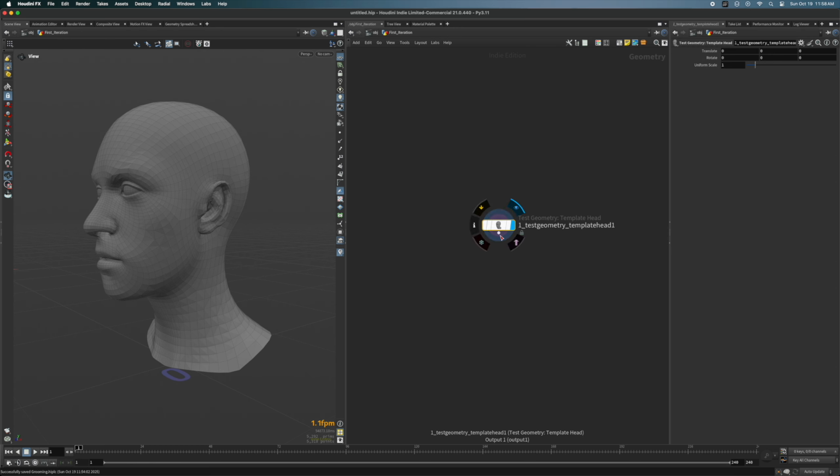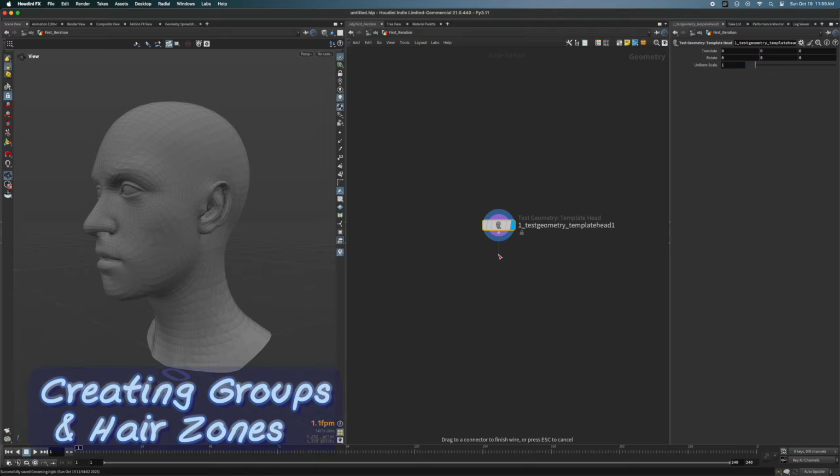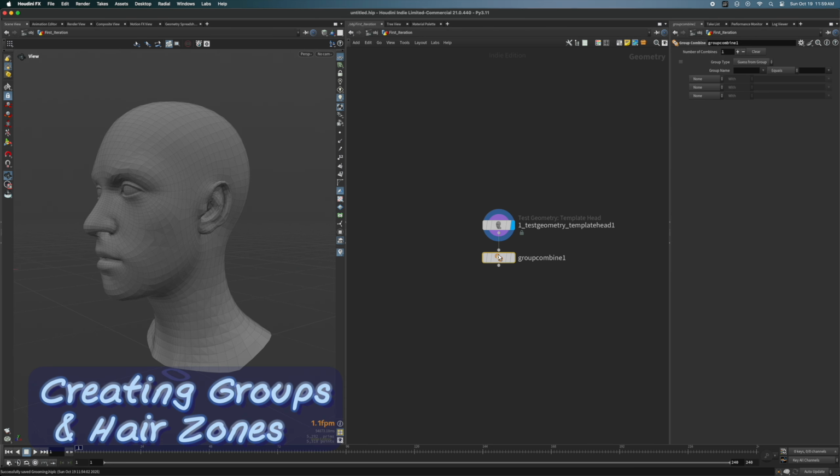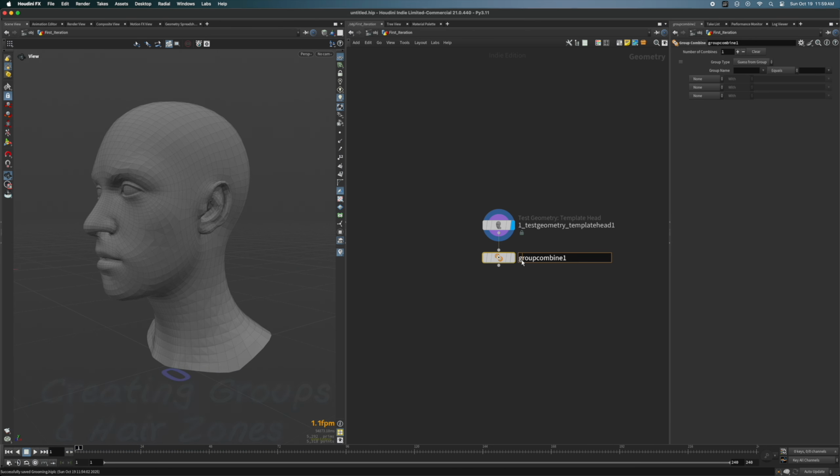Now I'm going to start manipulating the groups that are available within this test geometry by adding a group combine. I want to get all of the organs, like the eyes, the mouth, and the nose, put together with the face, so that when I hide this group later, I can look inside the head, and sometimes it gives a better perspective of the groom if you're not always looking at the face, which is kind of a human nature. In the group name, I'm going to choose face, and I'm going to say equals face, and now union